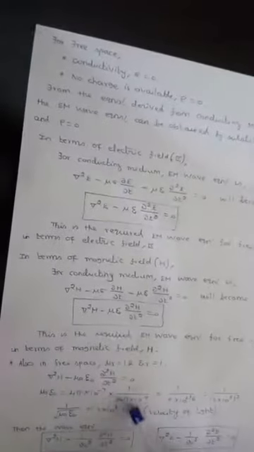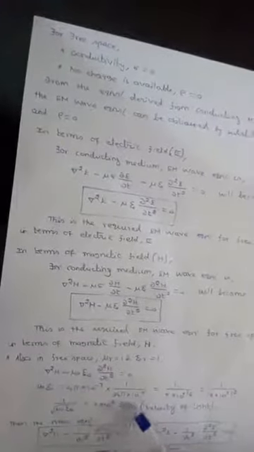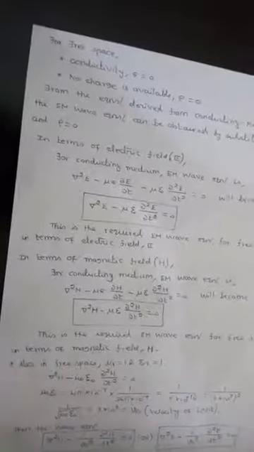3 into 10 to the power 8 value is very obvious to us because it is nothing but the velocity of light. So this can be written as velocity of light squared. Or I can write like this: 1 by square root of mu naught epsilon naught is equal to 3 into 10 to the power 8, which is my v naught. V naught is nothing but the velocity of light. Then I can rewrite the wave equation obtained here for free space in this way. In the sense, I am just going to replace mu and epsilon in terms of v naught.